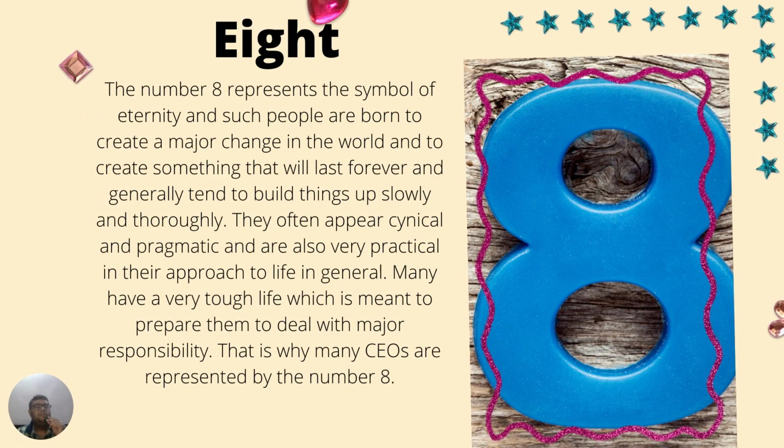Now the next number is number 8. See, in the Western occult traditions, numbers 0 and 8 are generally connected with eternity. Because of the symbol of 0, you see it is a circle. So, a circle has no beginning, no end. It is an infinite thing. Similarly, number 8 has no beginning, no end. It is because of its shape. So, the number 8 is ruled by planet Saturn.